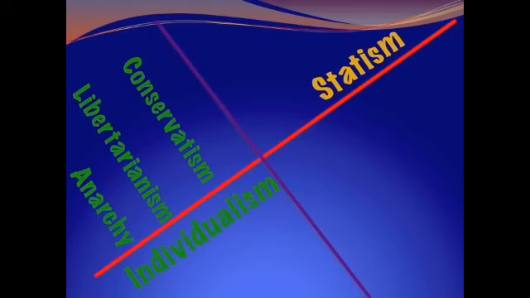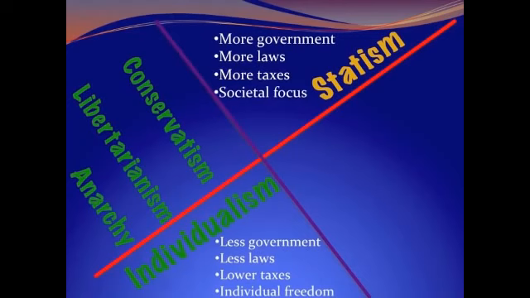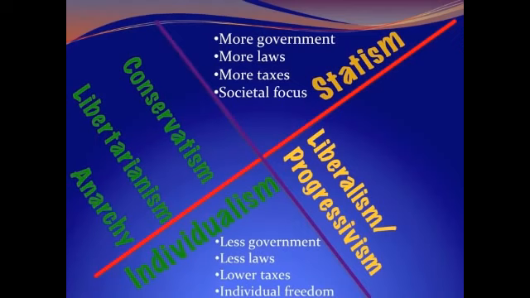While anarchy, libertarianism, and conservatism are all examples of systems that involve less government, less laws, and lower taxes, and maintain a stronger emphasis on individual freedom and control over each person's life, these next three systems involve more government, more laws, and more taxes, and a stronger emphasis on the society as a whole, with a decreased emphasis on personal freedom and individuality for each citizen. Modern American liberalism is the first stop on the other side of the chasm. This is also what some people call progressivism. Oddly enough, liberal meant almost the exact opposite 100 or so years ago and was essentially libertarianism, but such is the evolution of language. Today, liberalism is about more government involvement in most areas of life.